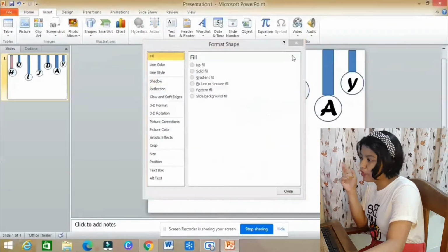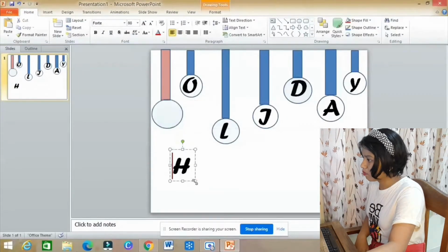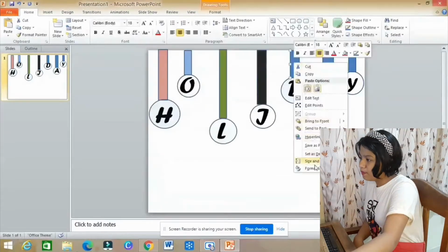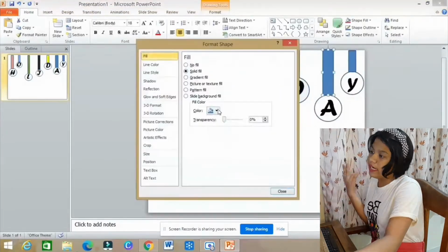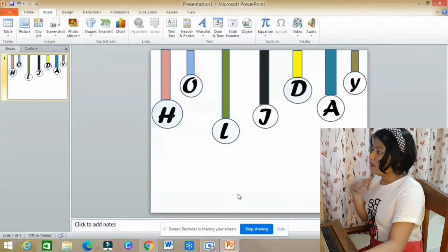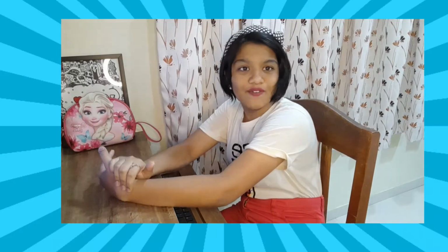After your letters are placed in that circle, right click on the rectangles which we have put on that circle, then go to format shape and change the color as you want. I have taken a rainbow kind of pattern. You can take any pattern you want. Your authentic first page is ready, which you can use if you're making any presentation. So this was the first hack. I hope you loved it. If you don't want the background color white, you can change it, but I'm keeping it white because then the colors will suit more.